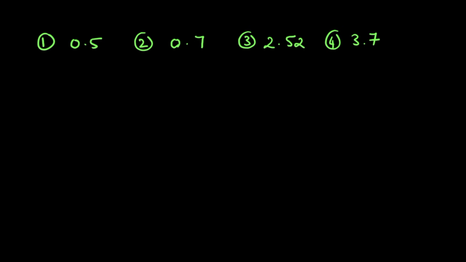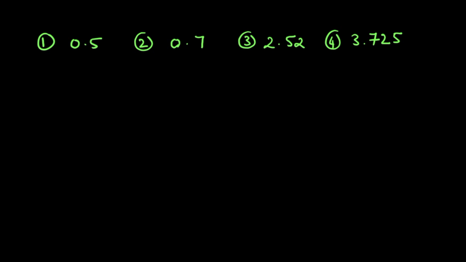Try these questions. How do we write 0.5 in fraction form, and 0.7? Then 2.5, 3.7. This is terminating, right? Terminating is easy. Then 2.52, 3.725. You can take these numbers and convert them into fraction form. These are terminating, no? Terminating means we directly multiply numerator and denominator by 10 by 10, or 100 by 100, or 1000 by 1000. That depends on the decimals, right?